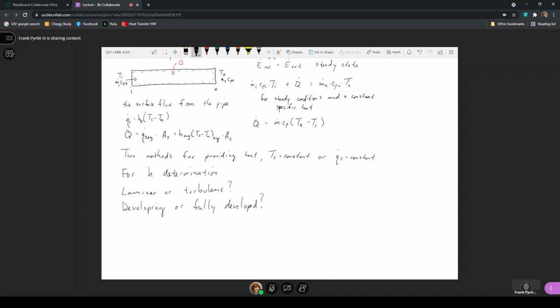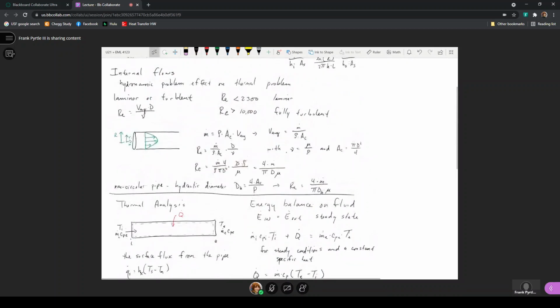So the laminar or turbulent is a question of, is the Reynolds number greater than 2300? If it's less than 2300, it's going to be laminar. If it's greater than 2300, we're not going to treat it as laminar, even though it's not considered to be fully developed until it's above 10,000. So we'll use the same conditions as I specified before: laminar if less than 2,300, considered to be fully turbulent if above 10,000. But if it's above 2,300, we definitely will not use laminar correlations. Typically, we will still use